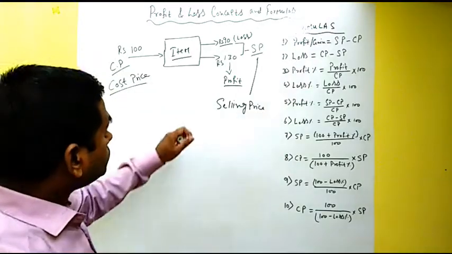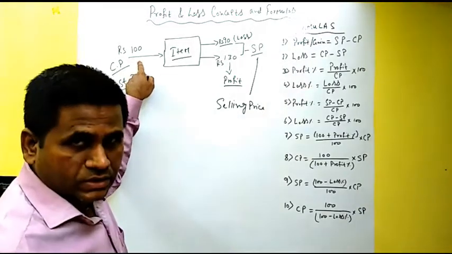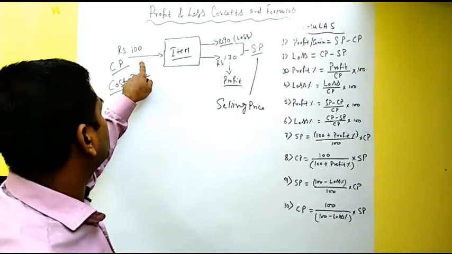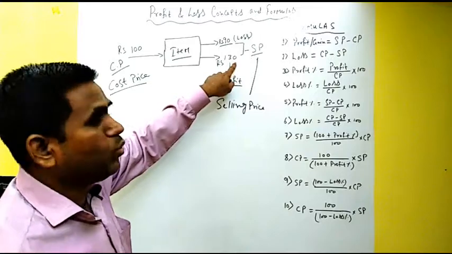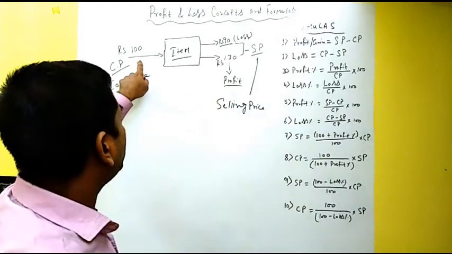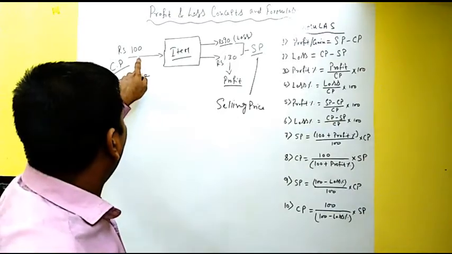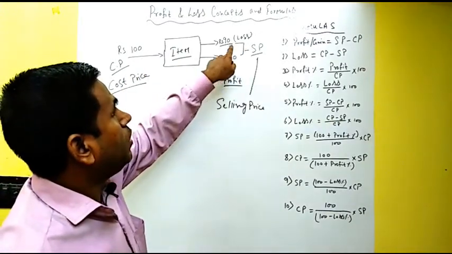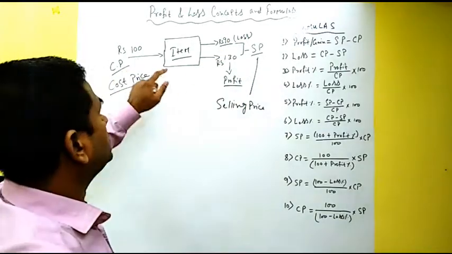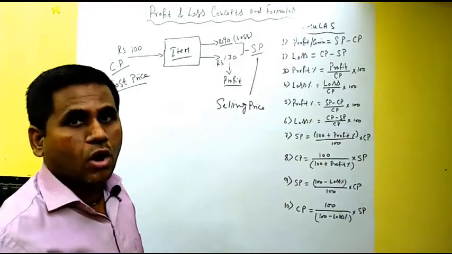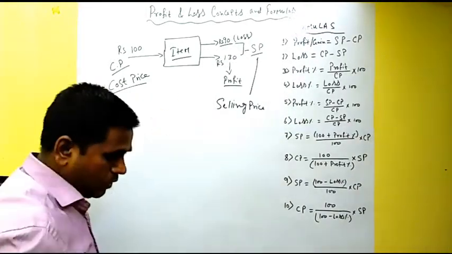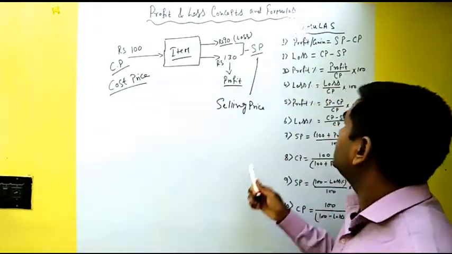and this is selling price. So now it is very clear, you can see, if cost price is less and selling price is more, we make profit. If cost price is more and selling price is less, in this case you can see selling price is 90 and cost price is 100. In that case we make loss. So based on this concept we can arrive at these results.